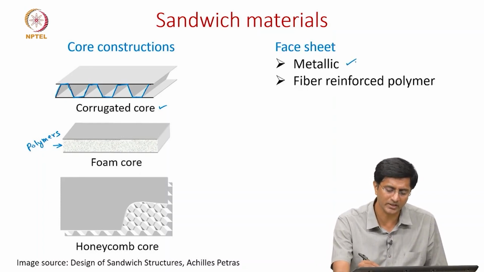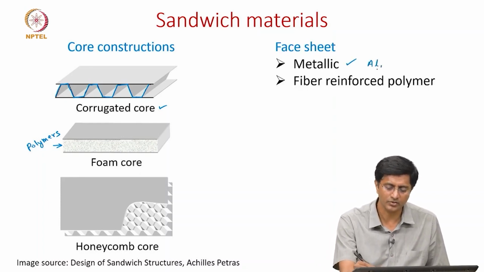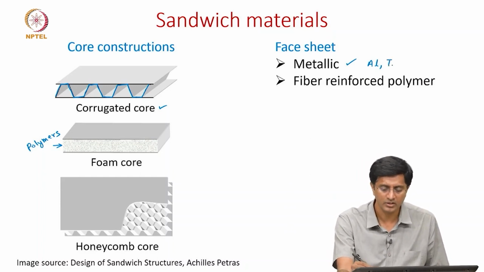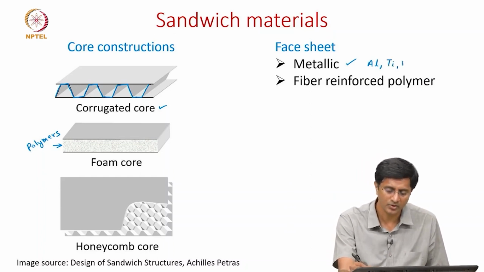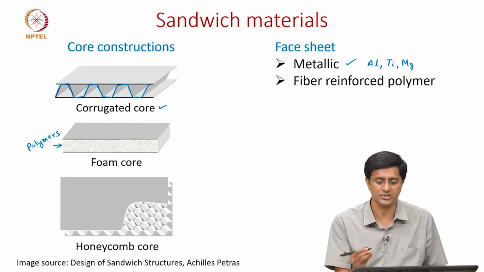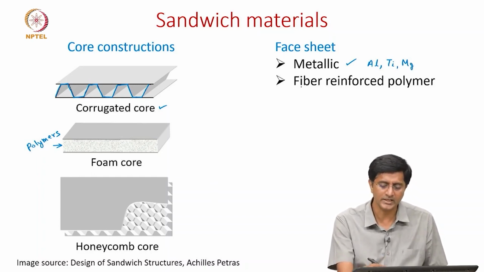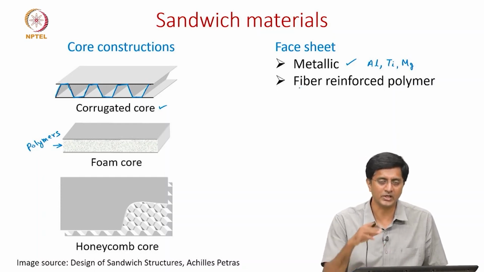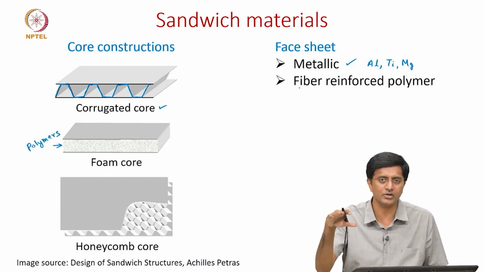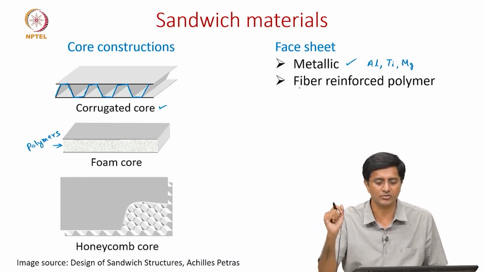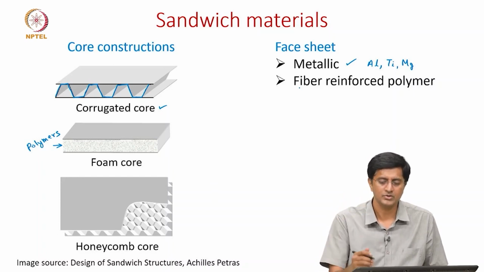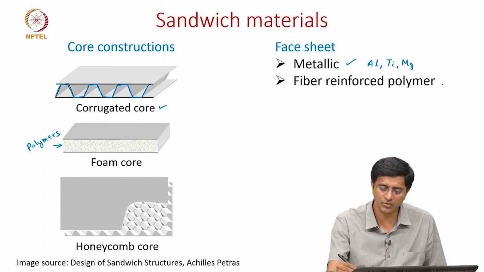Now moving to the face materials, we have two options. Either we can go with metallics, like high strength alloys such as aluminum alloys, or they can also be replaced with titanium or, these days, with magnesium face sheets. And the second commonly used material is our composite laminates itself. It can either be a single layer of CFRP, GFRP, or any other fiber reinforced polymer, or a complete laminate itself. So the face sheet itself could again be like 10 to 20 layers